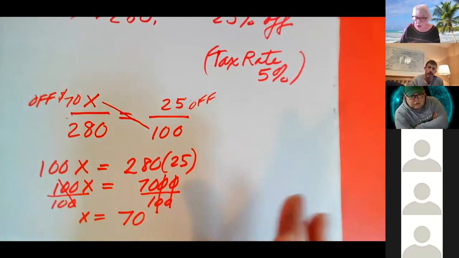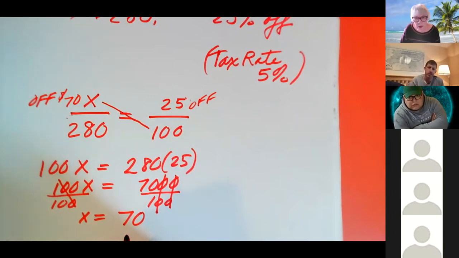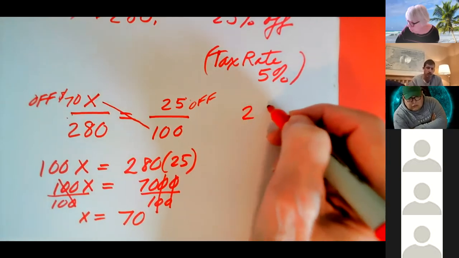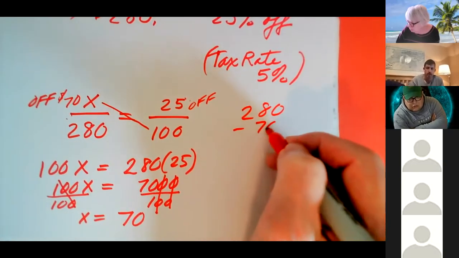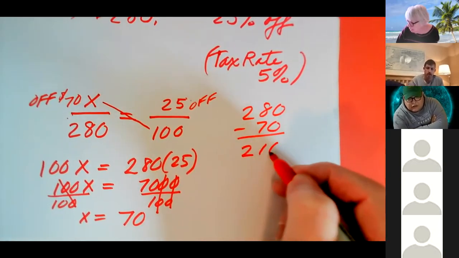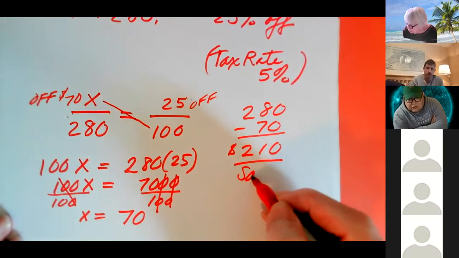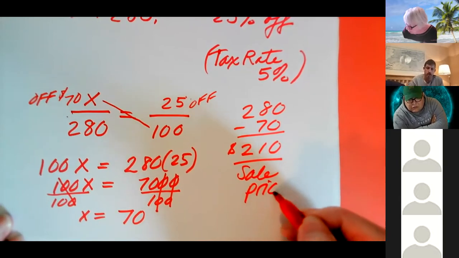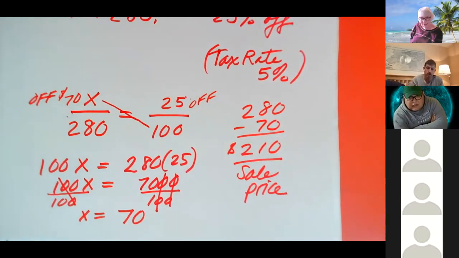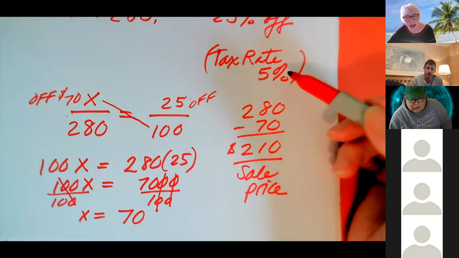So don't be tricked just because you got an answer that's what you're going to use. It's not $70 at all. It's 280 subtract 70, which is $210. At least it's a better price, but that's the sale price. And then what? And then